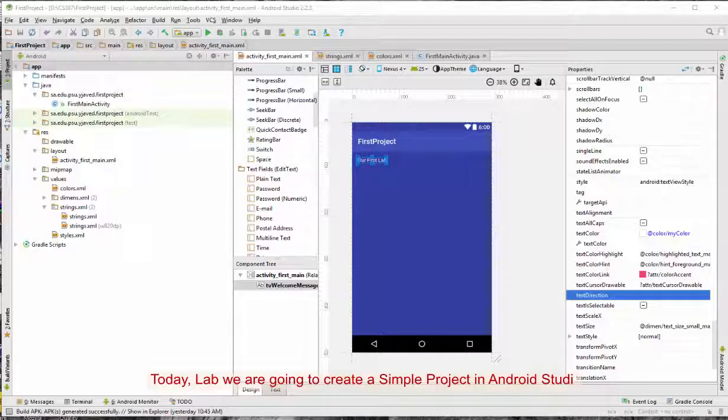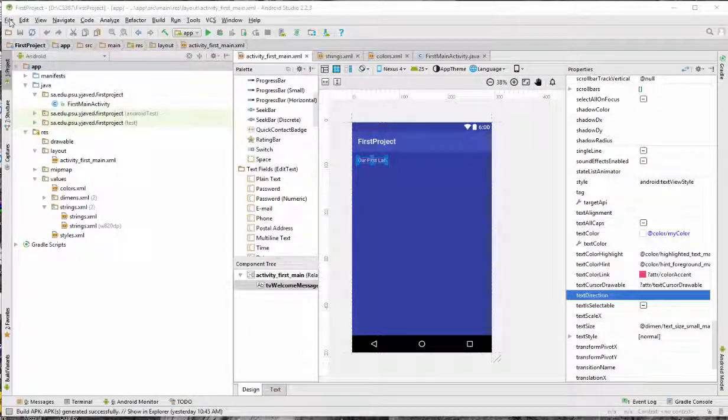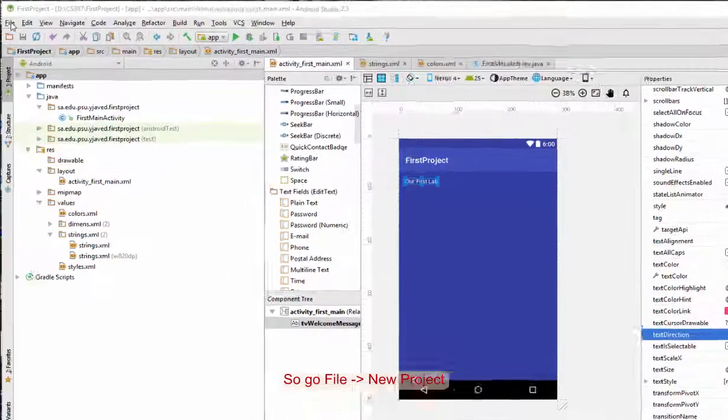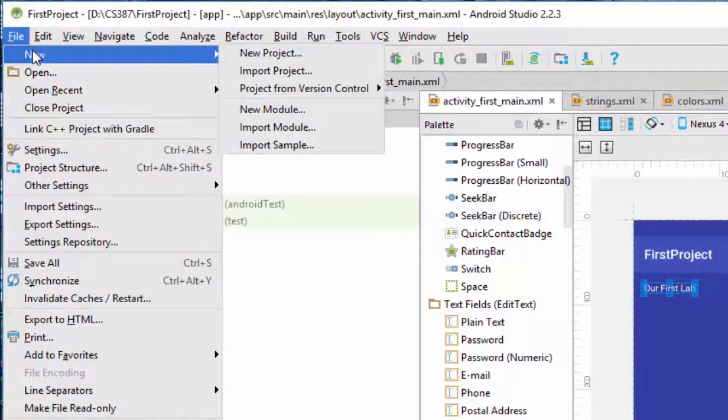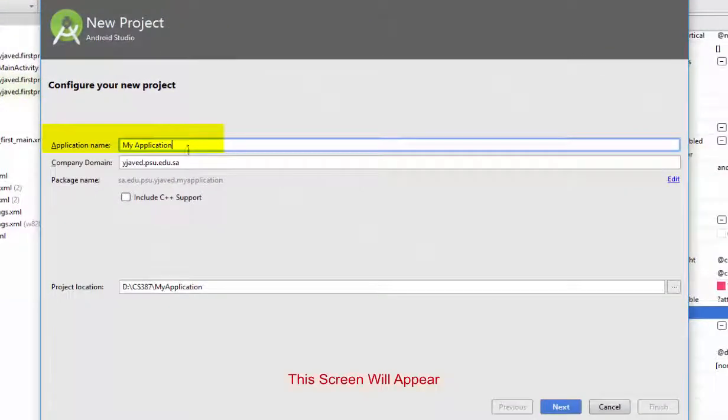Hi, today is our first lecture. In this, we are going to look at how to create the first project in Android. So for this, click here, File, New, New Project, and you can call it My First